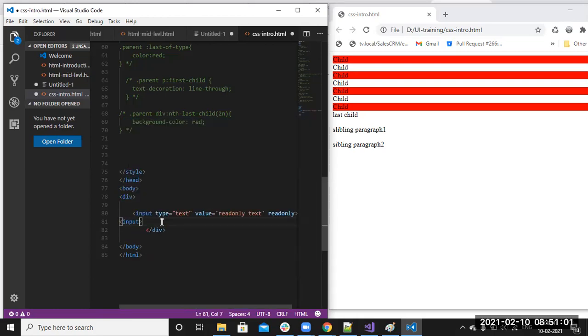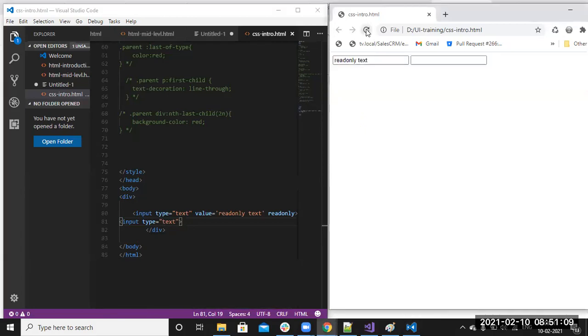I'm taking two input text boxes. Okay. So this text is read only text.